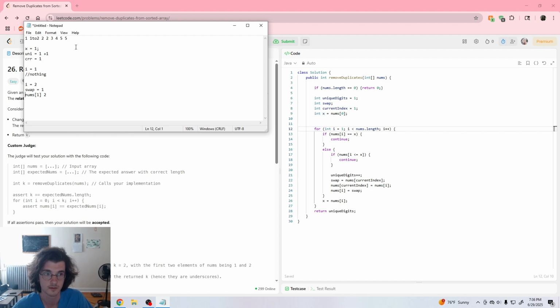So nums here to 1. Makes sense. And then x equals nums at I, which is currently 2, x equals